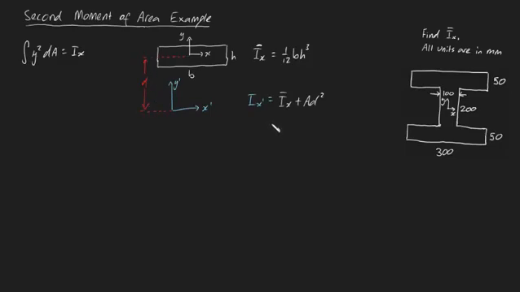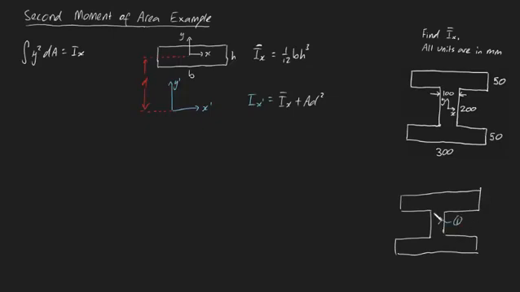Okay, I feel like that's enough background now, because that's all the information we need to start solving this problem. The way I'm going to start solving this problem, though, is I'm going to deconstruct this I-beam into three separate rectangles. And to make that clear, I'm going to redraw the I-beam down below. I'm going to construct it into three beams. I'm going to call one beam